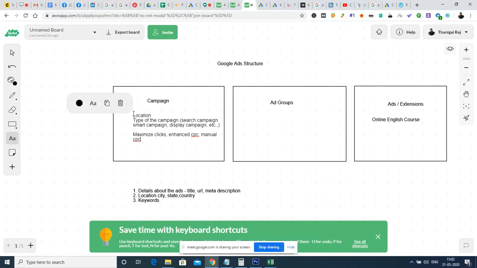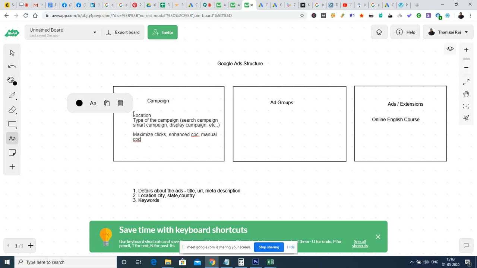For an example, maximum clicks. In the maximum clicks, what we will be doing is we will be setting a budget. What is the budget that we are going to plan for every day will be configured in this campaign, and based on that particular limit, Google will automatically configure the pricing of a particular keyword in order to get the maximum amount of clicks. That will be the target. So that means whatever the bidding it could be, we require the maximum amount of clicks within the budget. So based on that, Google will be configuring the bidding, the pricing, accordingly with the other bidders.